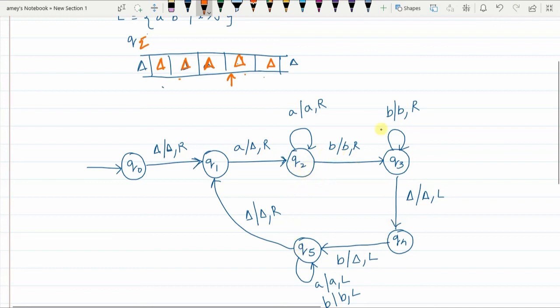But in Q2, if there is no matching B, in our case now, suppose you get delta, that means there is nothing remaining on the tape. Then you replace delta with itself. The pointer can move to the right or it can remain stationary, and you go to the halting state. Meaning, the A that we encountered here was an extra A for which there is no matching B. So such a string should be accepted.